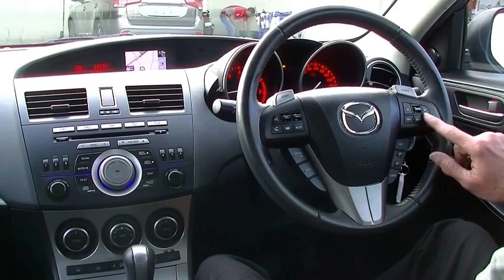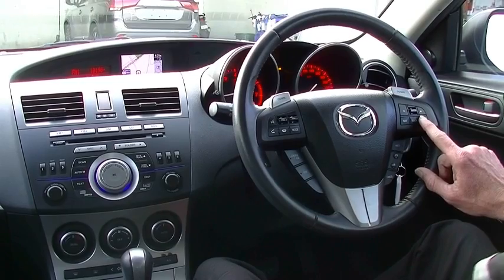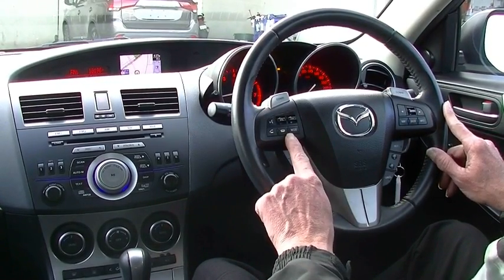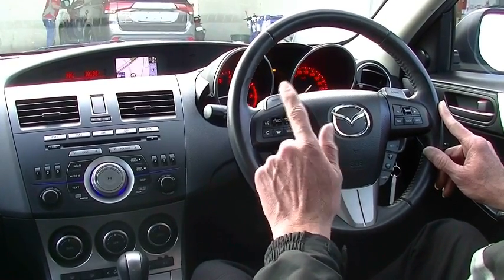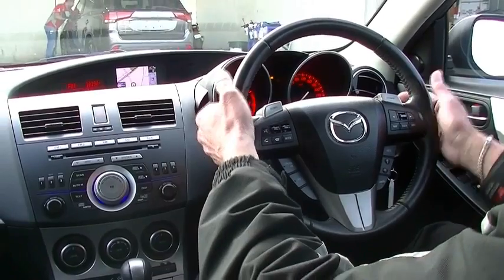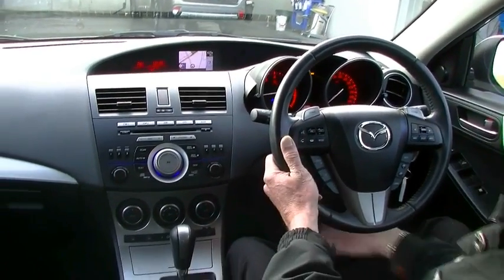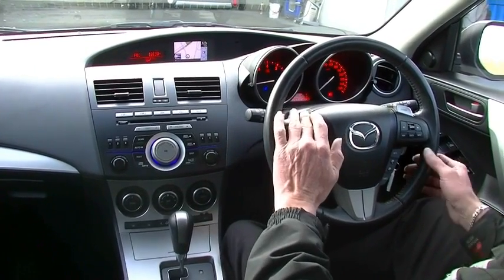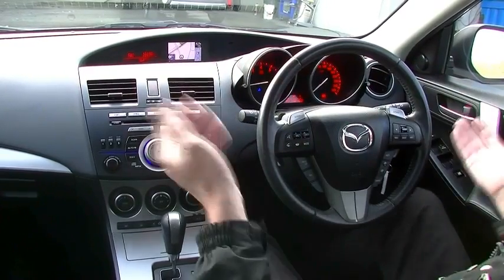On our right hand side here, all of our satellite navigation controls, which will show you the screen shortly. All of our audio and Bluetooth controls to our left. Being the SP25, you do also have the sport shift function or the paddle shift function. So you notice we've got our up and down buttons here. I'll just drop the steering wheel down a little. So to upshift and downshift at your fingertips, if you want to drive the car in sports or performance mode,